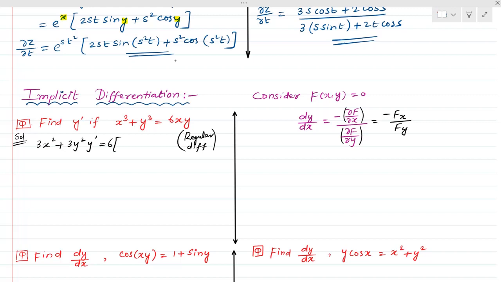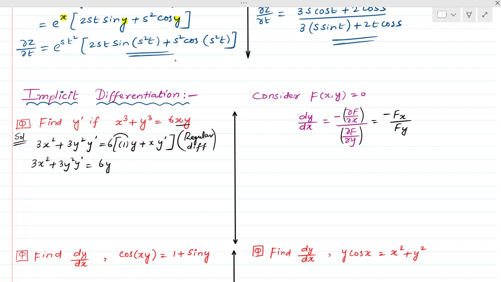So 6 is a constant. Differentiate x with y fixed, then x fixed and differentiate y. This is the product rule. Now I have to bring the y prime terms to one side. 3x square plus 3y square y prime is equal to 6y